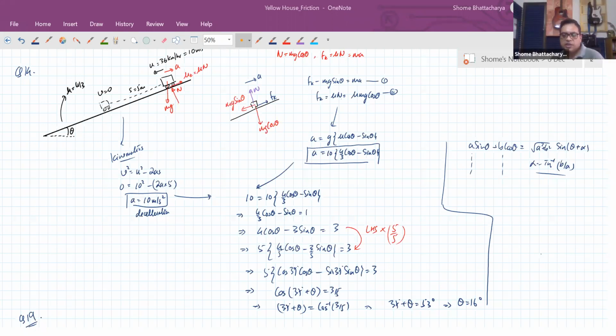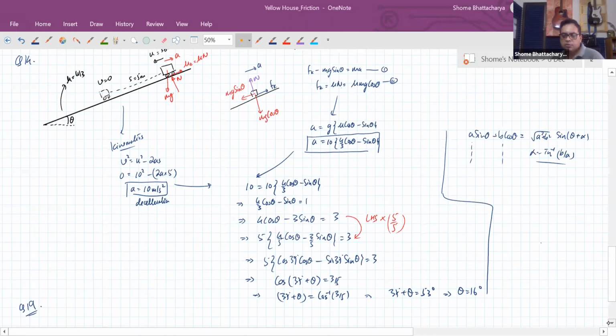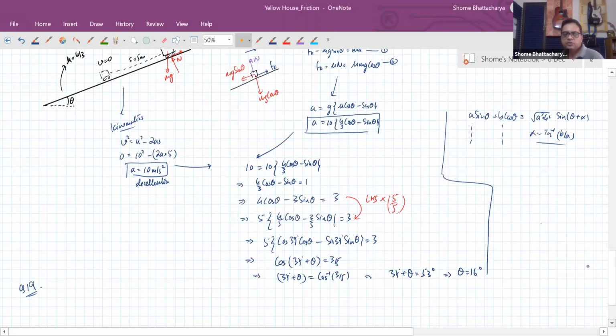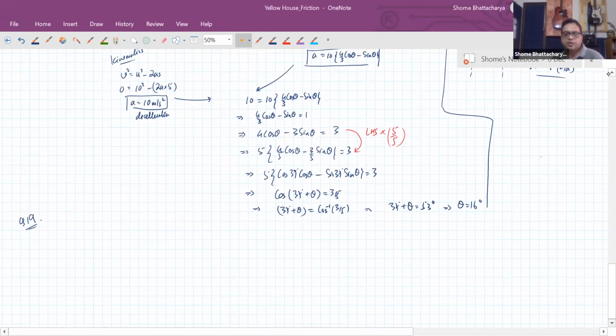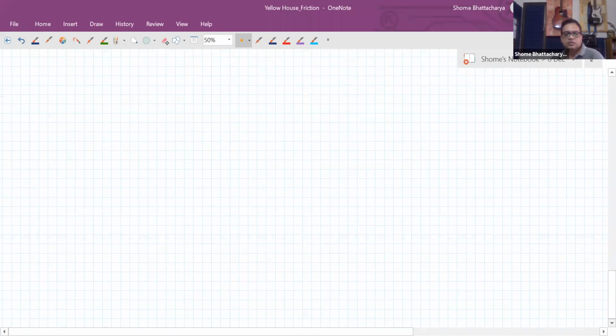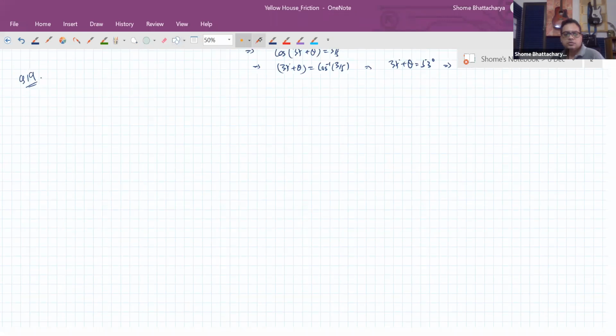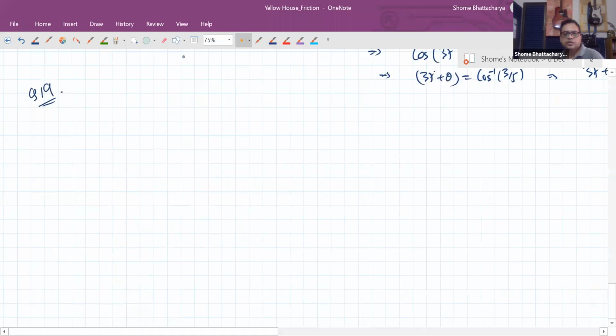Okay, so there's a bit of similarity between the 18th and 19th question. Both can be understood by the same set of concepts, so I'll explain. The first thing we need to figure out here is that on an inclined plane of any arbitrary angle theta,